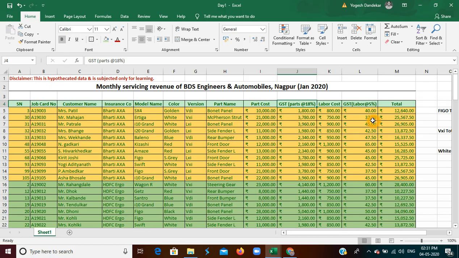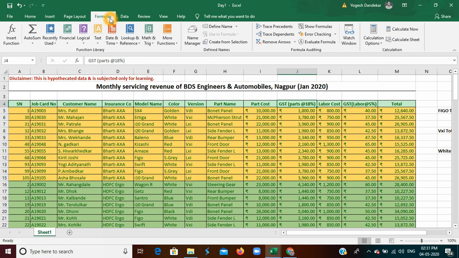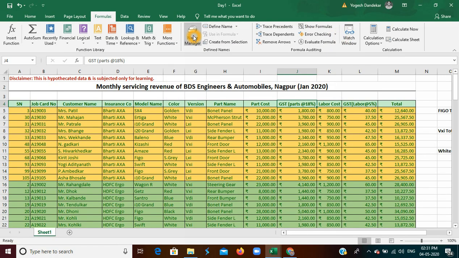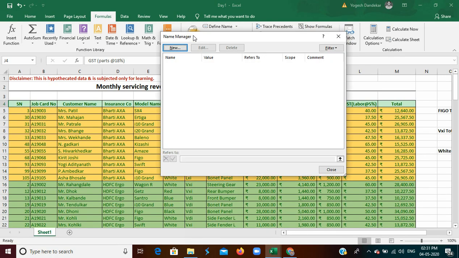We started with the naming the data function. For naming the data function, you can find it in the Formulas tab. In the Formulas tab, here you can see Name Manager. So I already have mentioned one name. I will first delete that. Okay, it is not mentioned here. So when I click on Name Manager, I will repeat, when I click on Name Manager, a pop-up window will open.